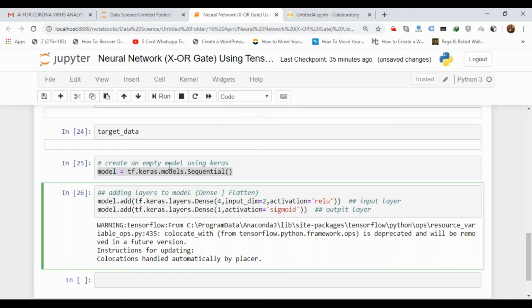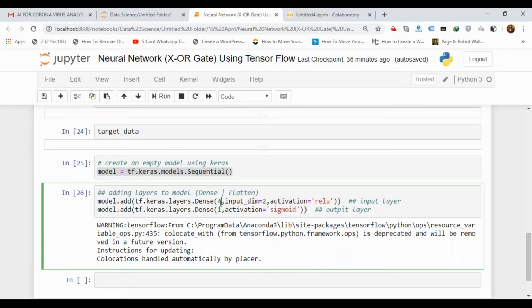Difference between these two is what? In the dense layer, we have to pass the number of dimensions that we are using. So if you are using a dense layer, you should know the dimension. And the flatten layer is irrespective of the dimension. If you don't know the dimension, you can directly use the flatten layer. There is no need to pass a dimension. It will automatically check the dimension and take it. So if you don't know the dimension, you can directly use flatten. And if you know the dimension, then you have to use dense.